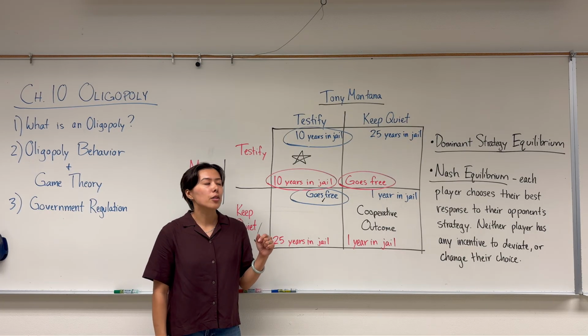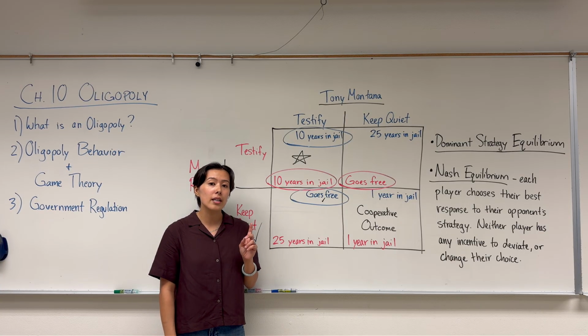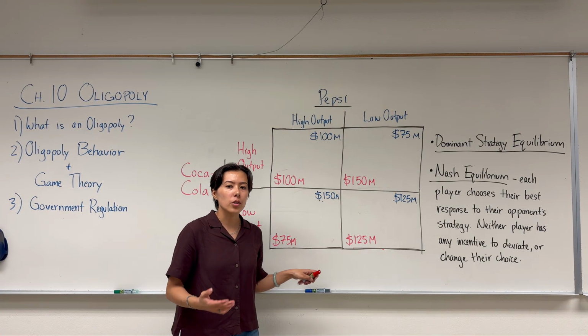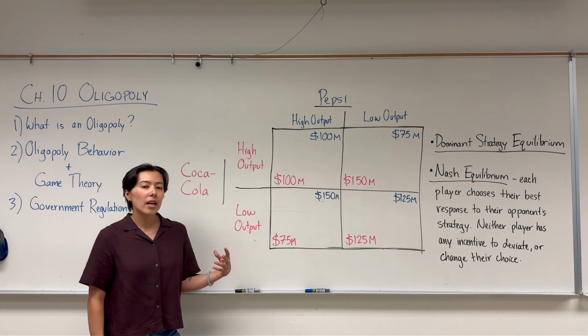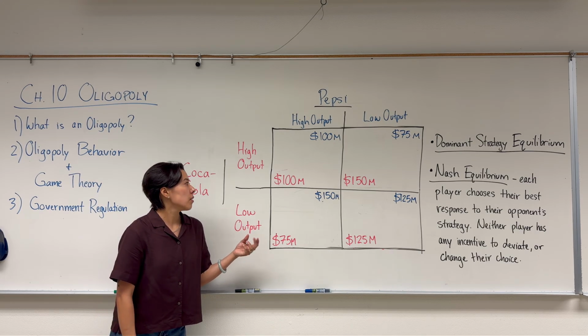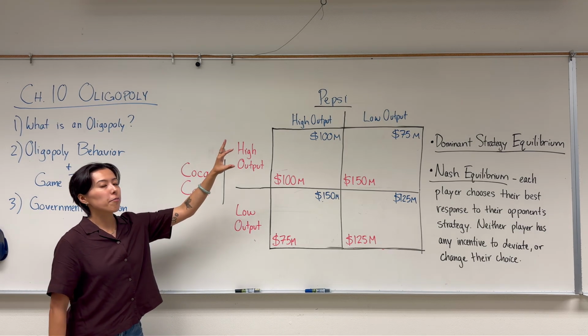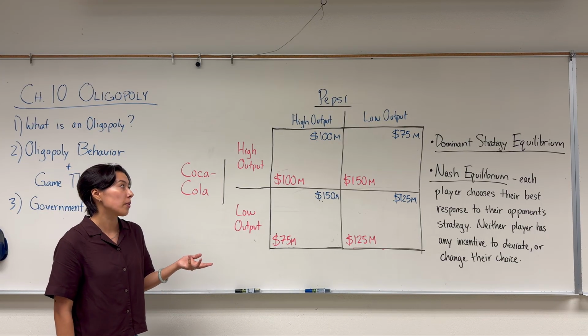Now let's see how we can use this same structure to analyze oligopoly firm decisions under a duopoly. Alright, so we have a new simultaneous game up here on the board. Now we're analyzing duopoly behavior. So we're sticking to our soda market. We have Coca-Cola and we have Pepsi. Those are our two players or our two firms in this duopoly.